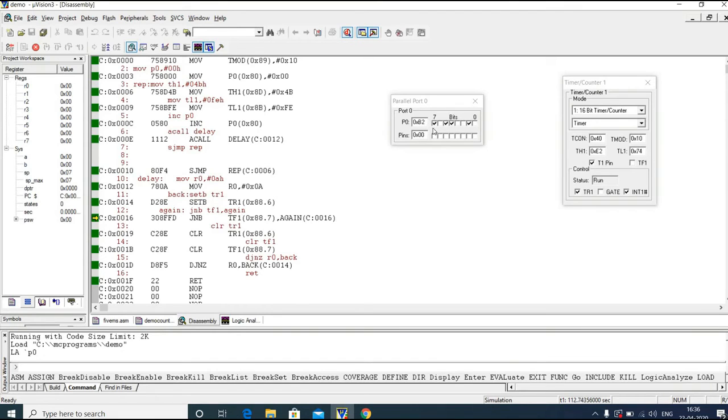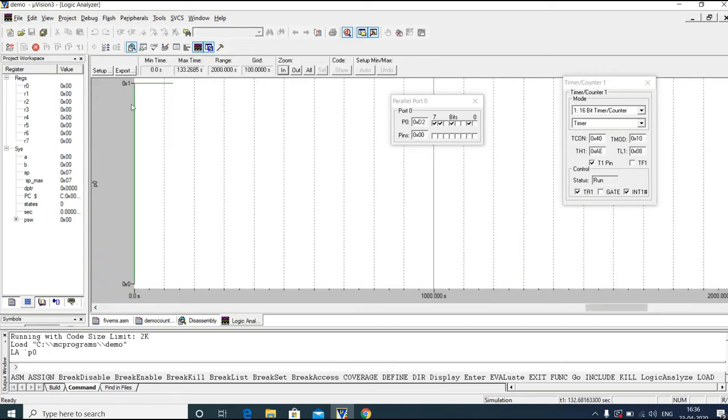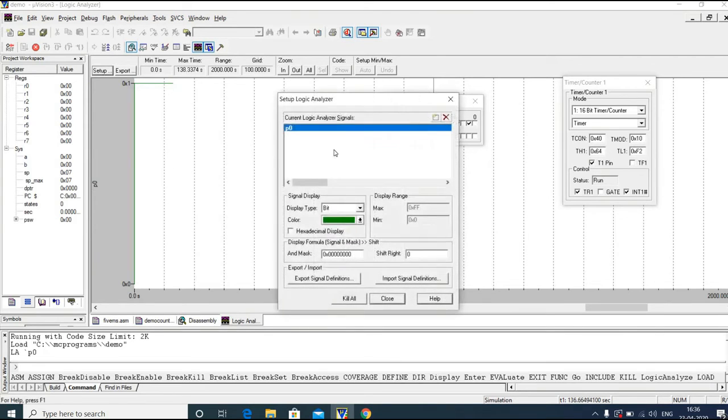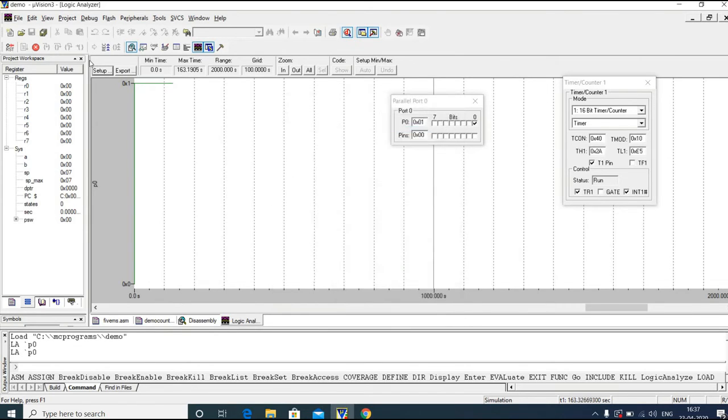We'll just watch till it gets FFh, and the same way you can see it in the analyzer window, how it is incremented.